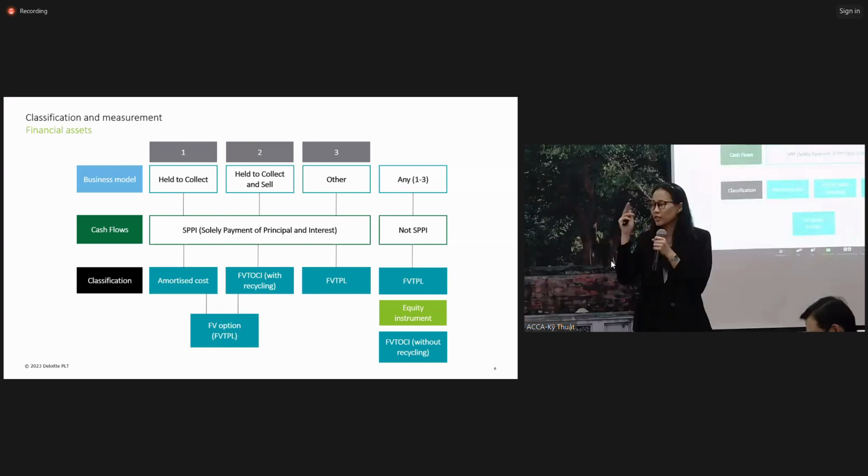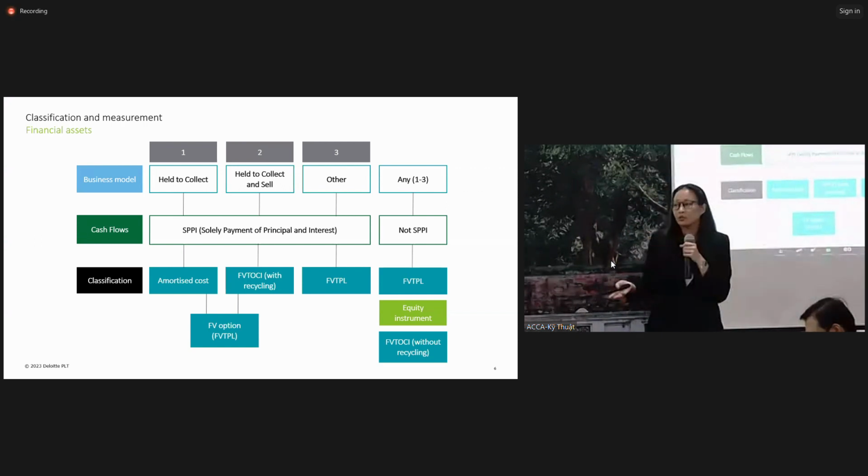Just like how we do it for investment property that you decide to carry at fair value. Sometimes things may happen and fair value you cannot determine. Then they say temporarily you